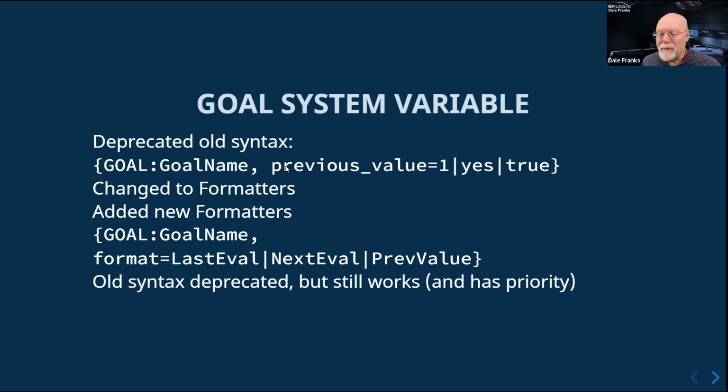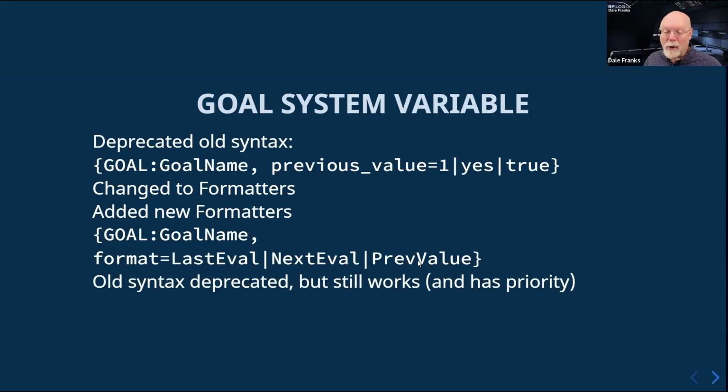So don't use it anymore, first of all, because it is deprecated. Use the formatter. But just know that if you do use it in conjunction with the formatter, it will take priority. It will take precedence, and it will return this modifier value. It will not return whatever formatter that you have placed on it. That's largely the way modifiers work anyway, and so that's the way it's going to work going forward. But going forward, you just simply wouldn't use this modifier. You would simply use the formatter and put in one of the 3 values that you want.